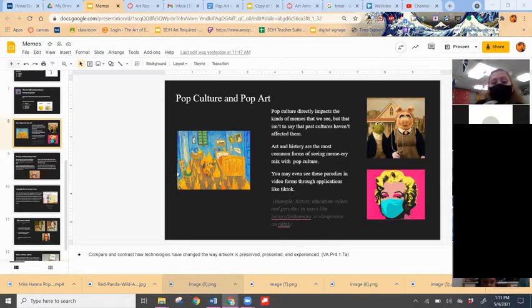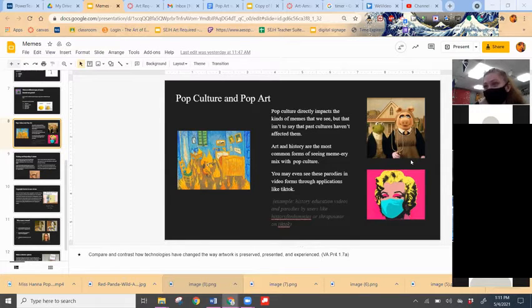I have 3 different example images on this slide of some pop art that is heavily influenced by today's culture. To the left, you see the Everything is Fine dog, and he has been painted in Van Gogh's style. And that's a very popular meme right now. If you use Twitter, you've probably seen it, or maybe Instagram. And then over to the right of the screen, we have Grant Wood's American Gothic with Kermit and Miss Piggy,